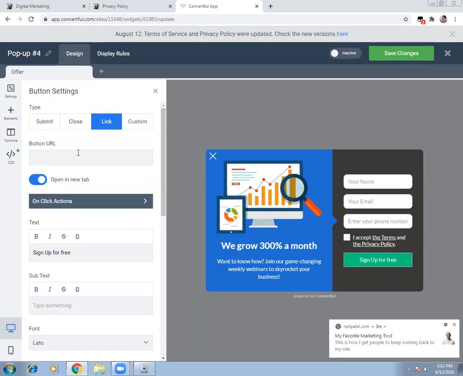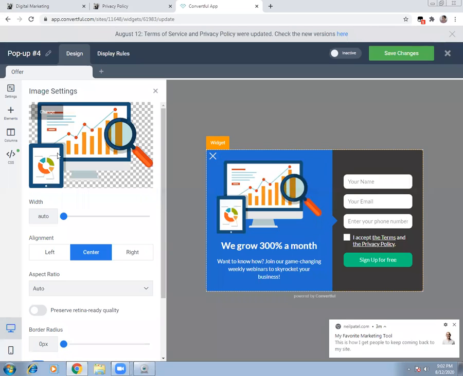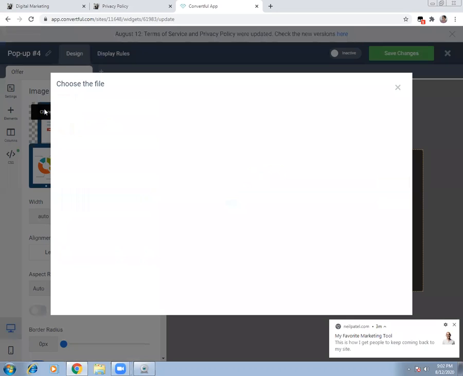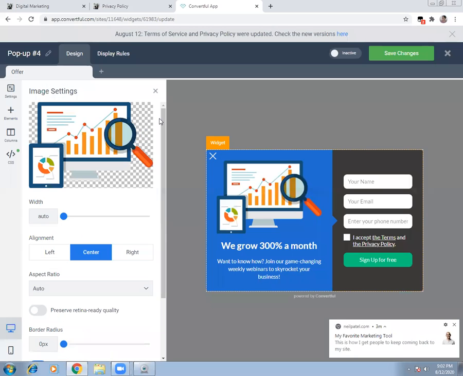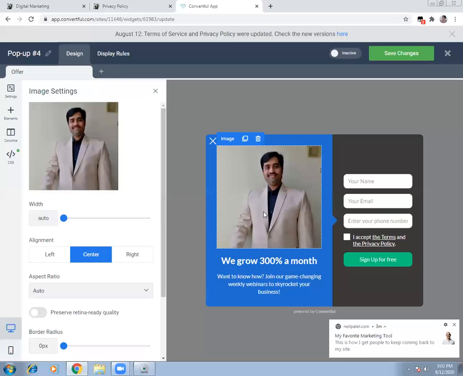So here you can say use a button. What is a button? When they click, it will work, and for the image you can link. So these are certain things that you can always do. Here you click it, you say change, you can take a picture. I'm just giving you an example. Select the picture, double click it, and the picture will come here. And here you want to change it.